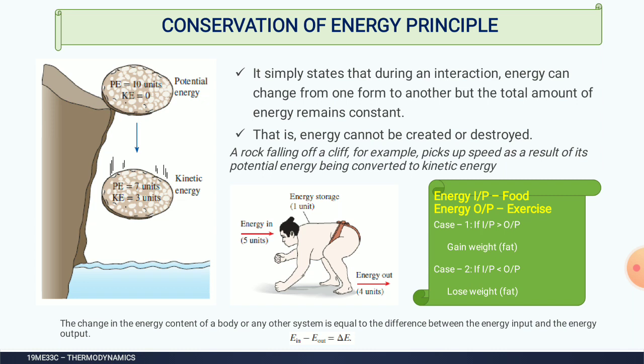Okay, in the first example, the potential energy is converted continuously to kinetic energy. Therefore, one form of energy is converted to another form of energy. Here there is no energy destroyed or created. Okay, then